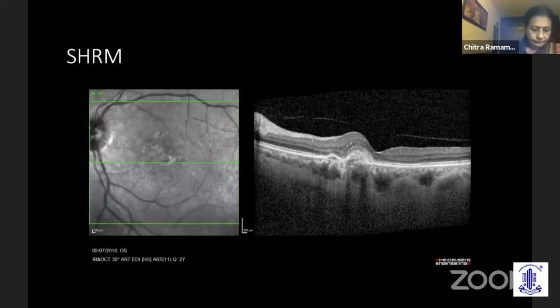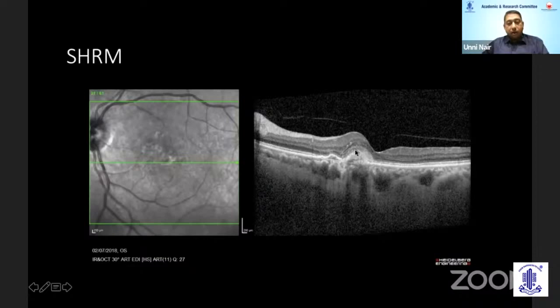So we'll just start with what SHRM, or subretinal hyperreflective material, is. When you see a grayish white material or a hyperreflective material in the subretinal space or in the intraretinal space, it is now termed SHRM or HRM. It's a tomographic description, which means that clinically it could relate to blood, exudates, hemorrhage, or fibrin. So we don't know what to do with this finding, which is a very key point that I'd like to stress here.